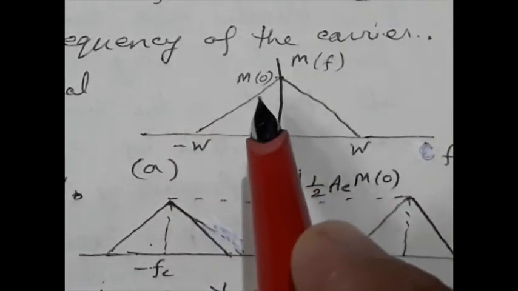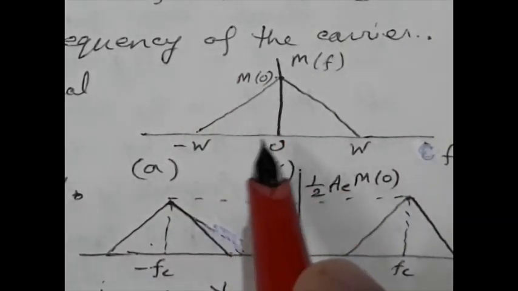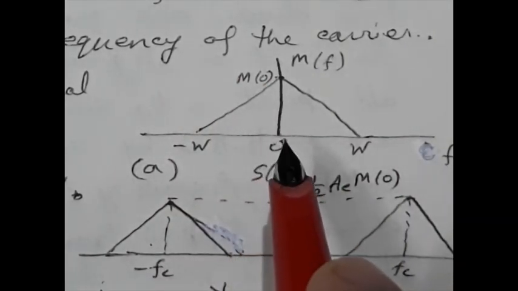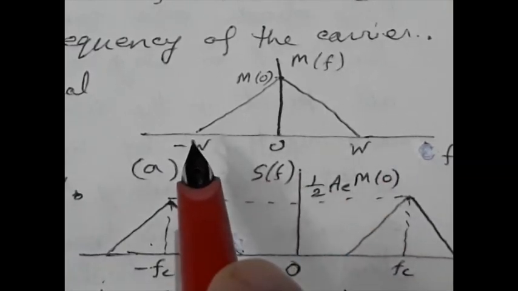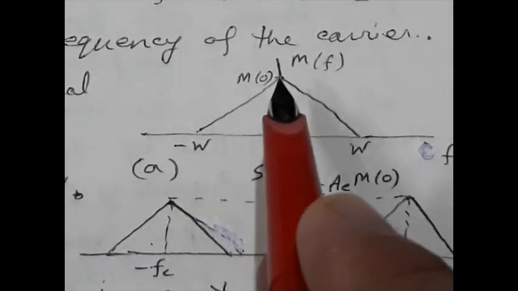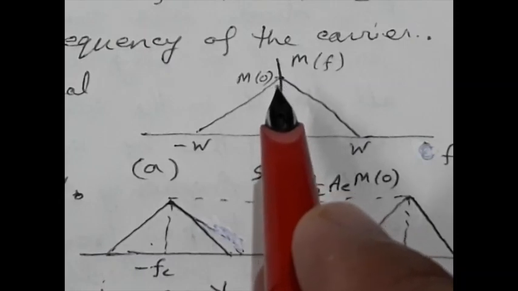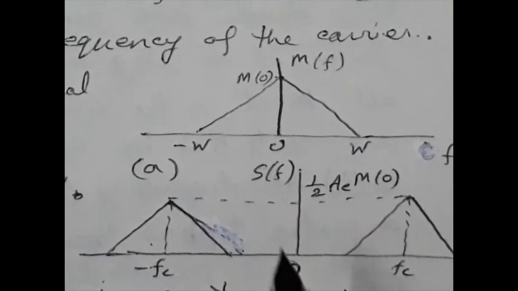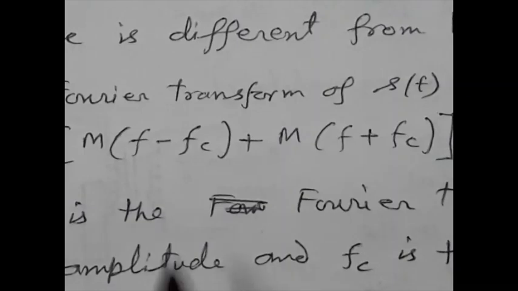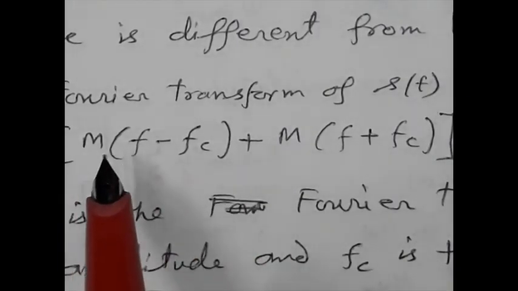If M(f) is this, with a bandwidth extending from 0 to W Hertz, and 0 to minus W Hertz, and M0 is the peak value. This is an arbitrary signal, mind it. In that case, the corresponding DSB-SC that we have already discussed is M(f minus fc) plus M(f plus fc). So the spectrum